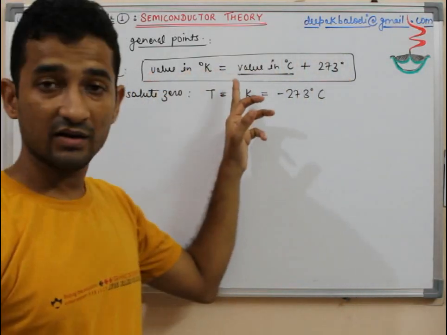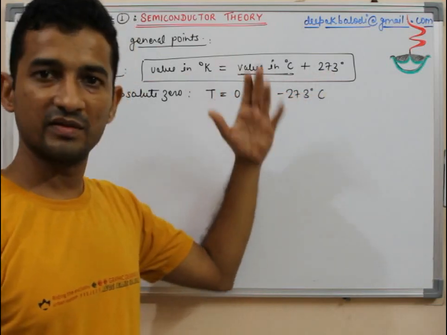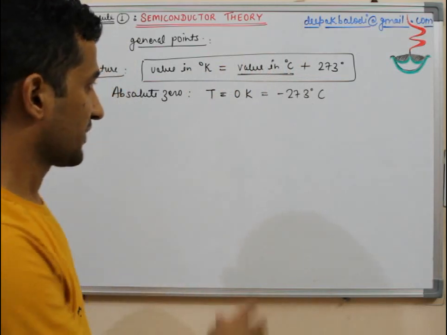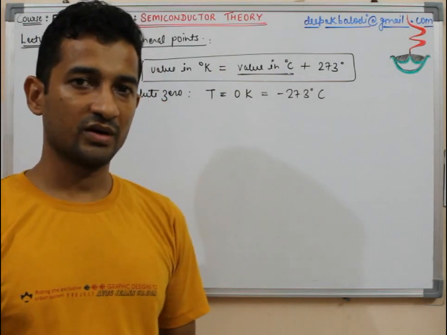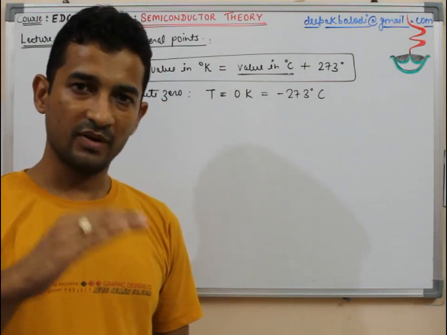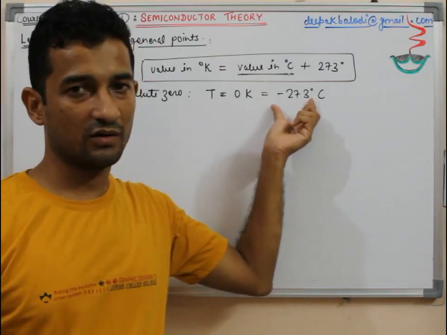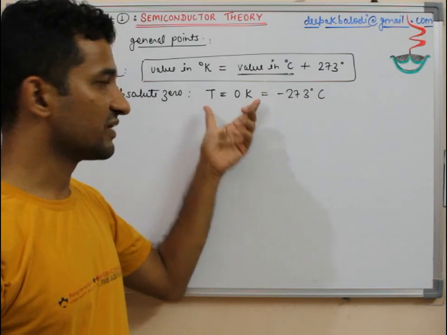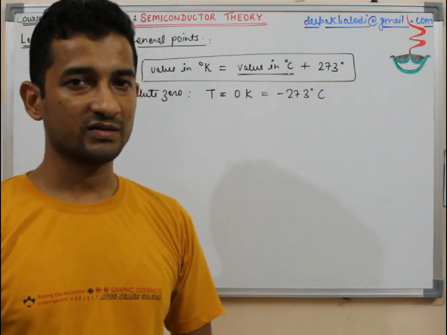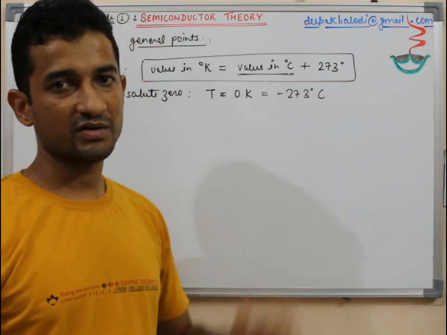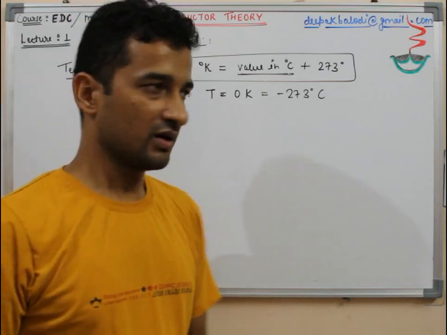So there is no scaling factor, we should remember, there is only an additive factor. So any change in degree Kelvin will be the same as any change in degree centigrade. But here I have mentioned absolute zero because we hypothetically cannot think of any temperature below 0 Kelvin. So this is the temperature we could have thought of so far, and it has been assumed that any particle or any element in this world will come almost to rest at this temperature. So at this temperature there will not be any thermal energy. We'll be looking at thermal energy as well.